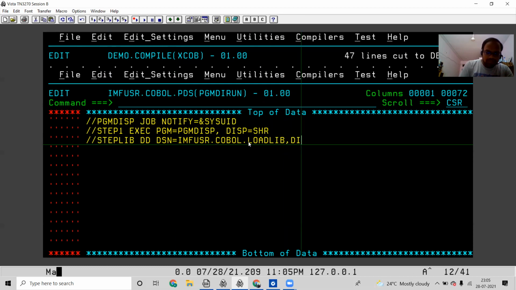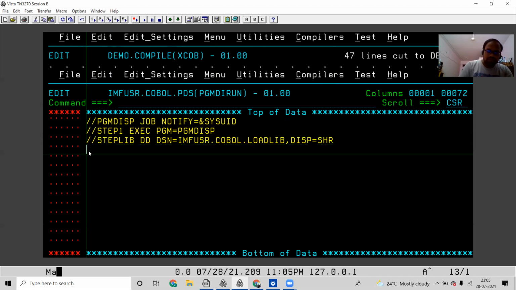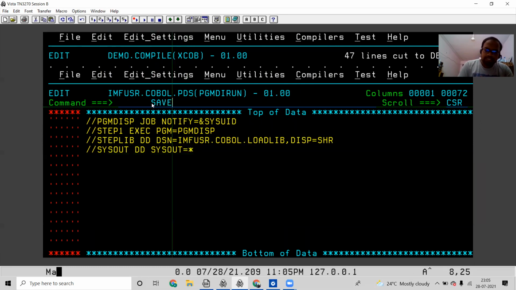Comma, here we need to give disk equal to share, not at the top actually. Here we will give the disk equal to share. Sys out dd sys out equal to star. So with this we have completed our run JCL.